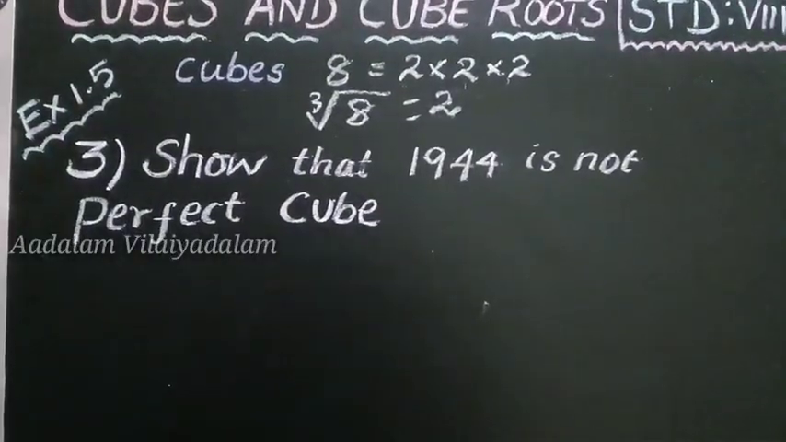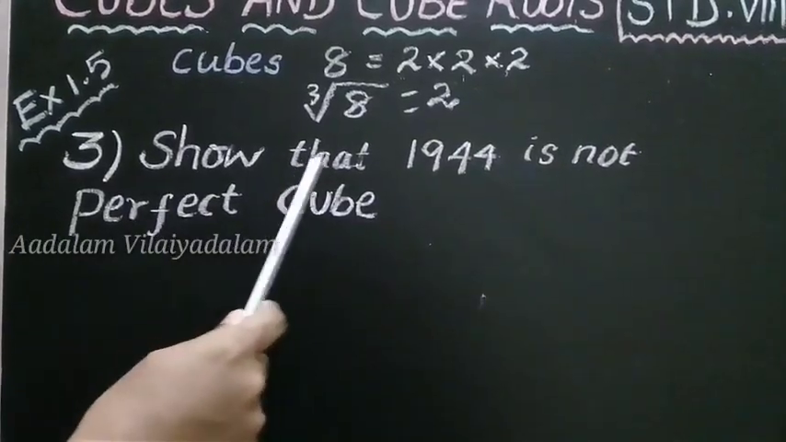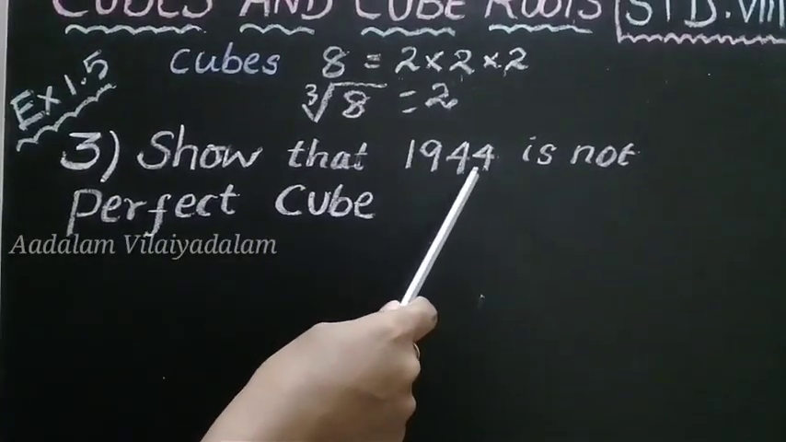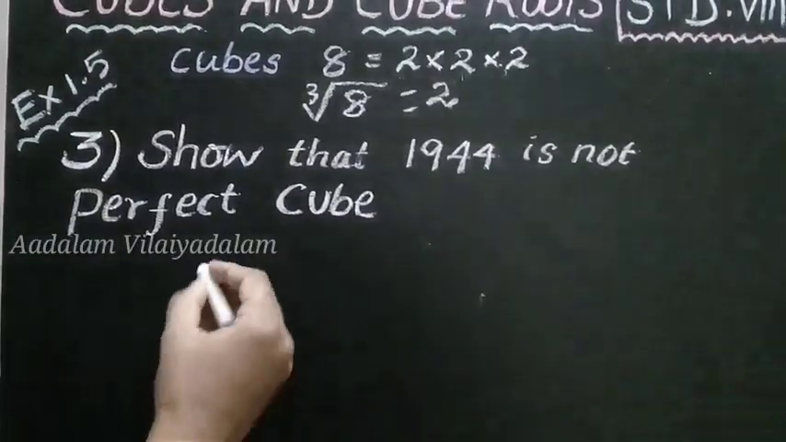Now let's move on to exercise 1.5. Third question, show that 1944 is not a perfect cube. So using the prime factorization method,